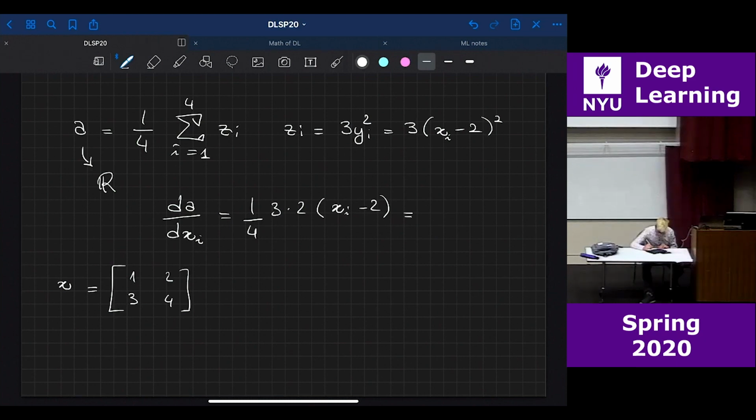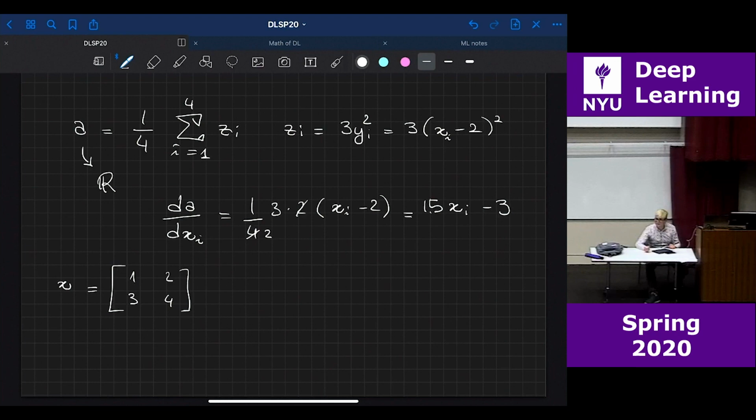Actually, let me compute this one as well. So this one goes away, this one becomes true. This is 1.5 times xi minus 3, right? Minus 2, minus 3. Depends on how you run it. Okay, mathematics. Okay, thank you. All right, so